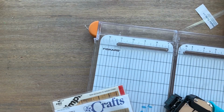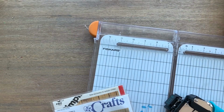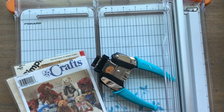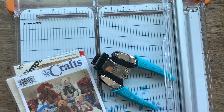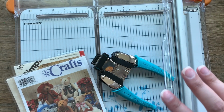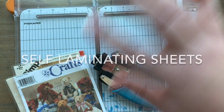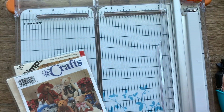And this will require a laminator. I'm just letting you guys know that ahead of time. Disclaimer. However, on Amazon, and I will try to find it for you and link it for you, I know that there are self-laminating sheets which you can use with the same type of process, but instead of putting it through the heat laminator, you are going to use a self-laminator. So let me show you what the process is like,